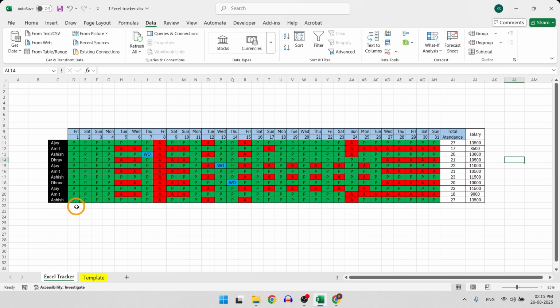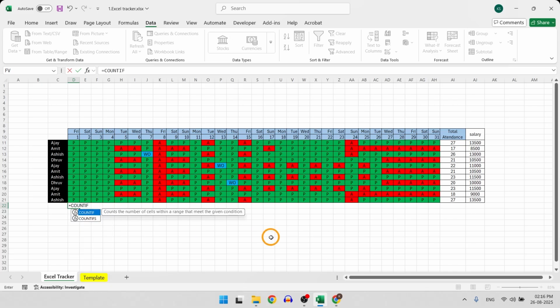The next step is adding some charts. Suppose we want to track daily headcount. How many employees are present on each day? Count the value of employees present on a particular day. We can again use COUNTIF formula that we have used earlier. But this time we will apply it to a particular date.